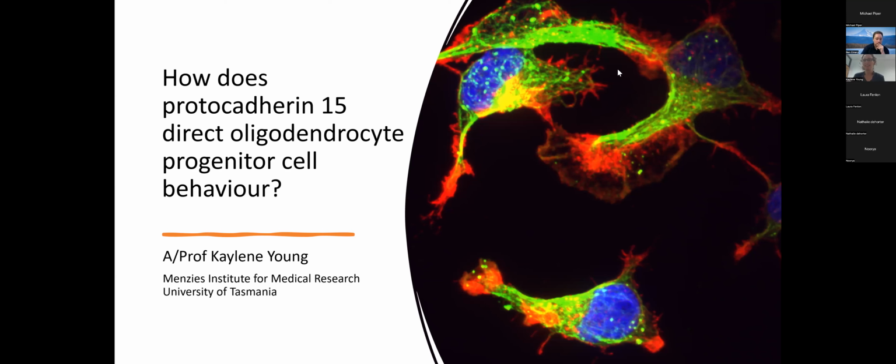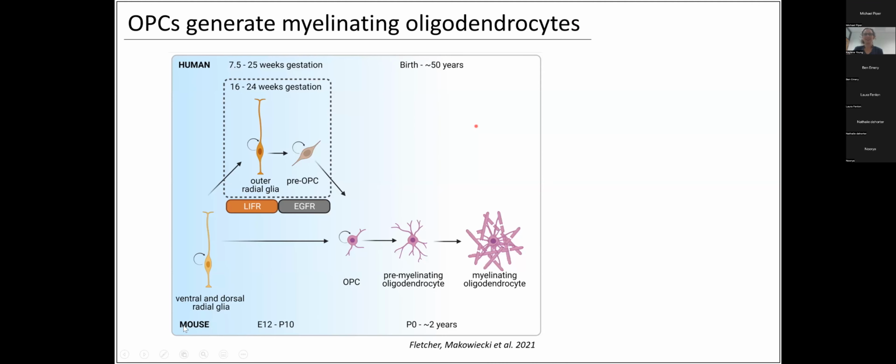Symposium, it falls to me to introduce these cells, the oligodendrocyte progenitor cells, or OPCs. During mouse embryonic brain development and also during human gestation, it's the radial glial stem cells that give rise to these OPCs. Once born, they proliferate and migrate to populate the central nervous system, and after birth give rise to the